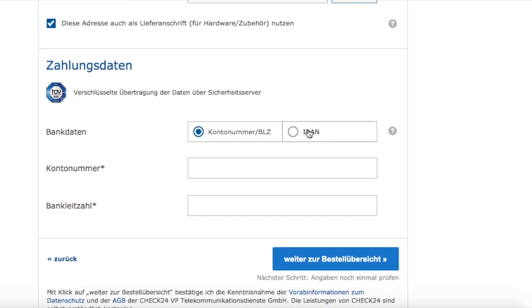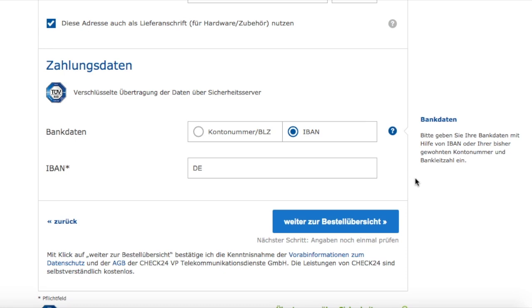And payment. So this will be done via direct debit. Direct debit means that you give them the bank account number and you allow the internet provider to deduct the money every month automatically without you needing to send them the monthly fee. That might sound a bit dangerous because, well, maybe they take off too much money, but you can be relaxed about this because this direct debit thing is a pretty normal thing in Germany, and it also allows you to take your money back in case you believe it was wrongly paid.